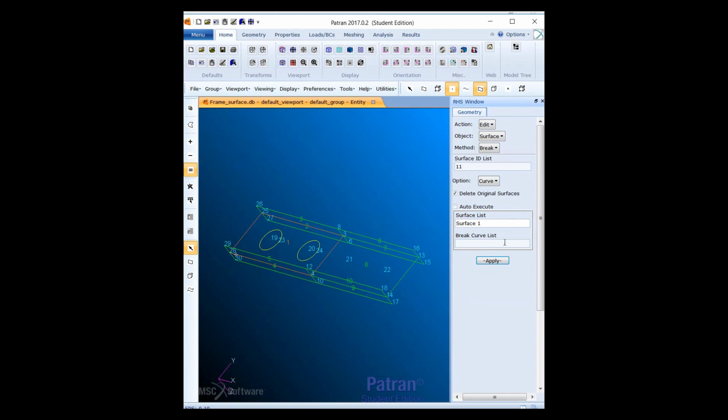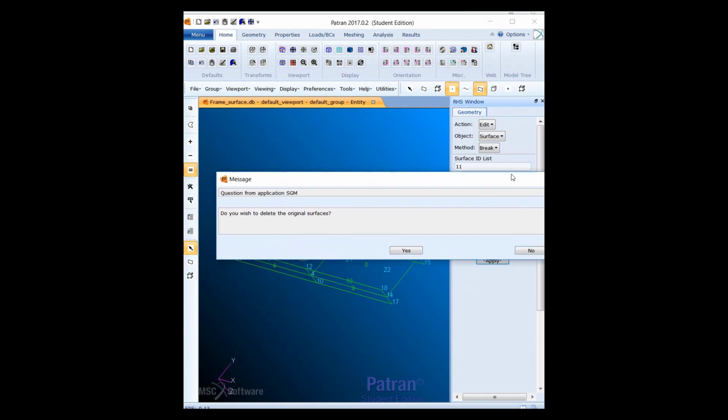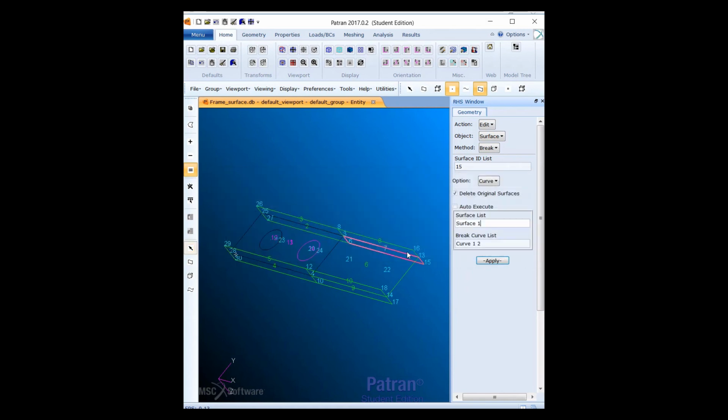So in break curve list we're gonna select curve number 1 and curve number 2, which are the circles we have created. Curve 1 and curve 2. So we click apply, and here, do you wish to delete the original surface? You click yes,